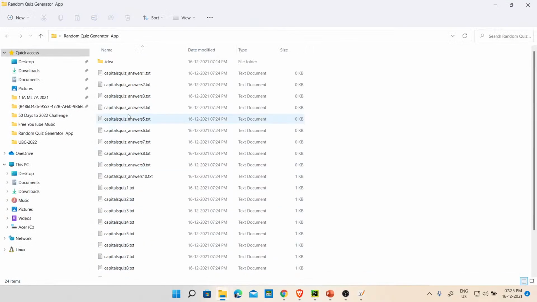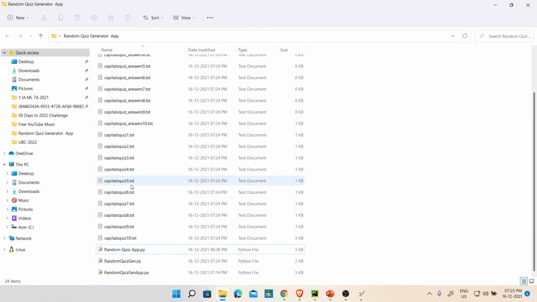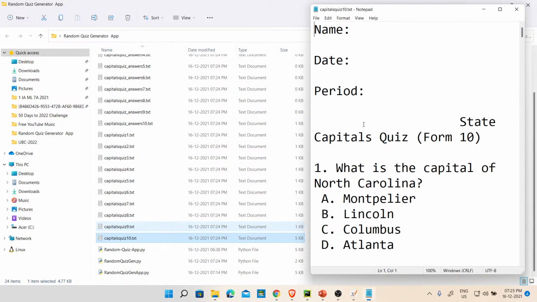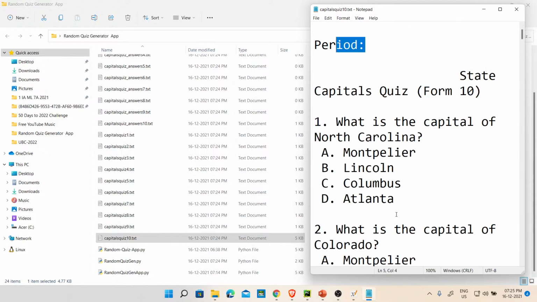What is the pattern? You will have capital quiz 1 and capital quiz answer 1, so this one goes with that. I ran this 10 times. Then I said I want it to be turned into name, roll number, and department, something like that. So this was never written here. We actually got it written from the program itself. We did not type it, we did not hard code it, so no problem. So this is what we wanted, and you see the pattern.